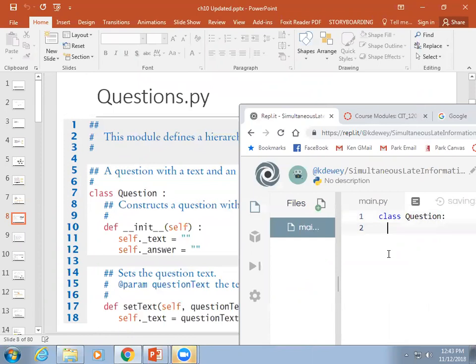So I'm going to type class Question. All right. Now we're going to define. And what's this thing called, with the init? Constructor. Constructor, exactly. All right. And inside we're going to have self.text,